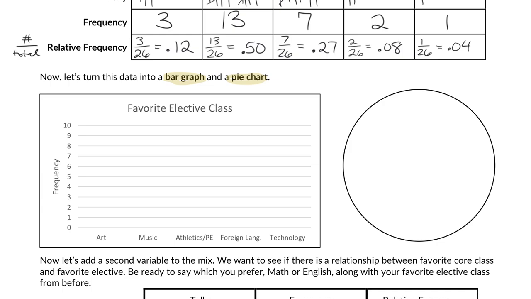But what we're going to do is we're going to use the frequency, which is what this is labeled as, to show visually with a rectangle how many people chose art as their favorite subject. I'm using color scheme this time, you don't have to. For art, we said there were 3 responses. That's pink if you care. Also, it doesn't matter. For music, we had 13 people pick music, so even though my graph only goes to 10, we would adjust if I knew that many people liked music. So we're just gonna let it go all the way up here to what would be approximately 13.